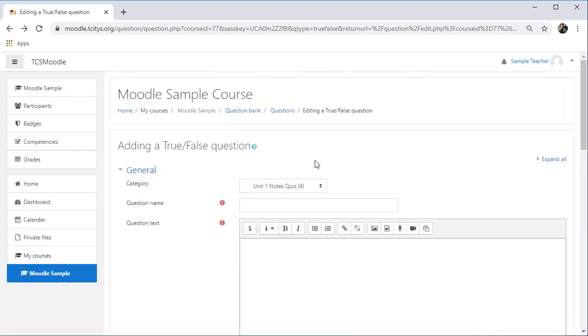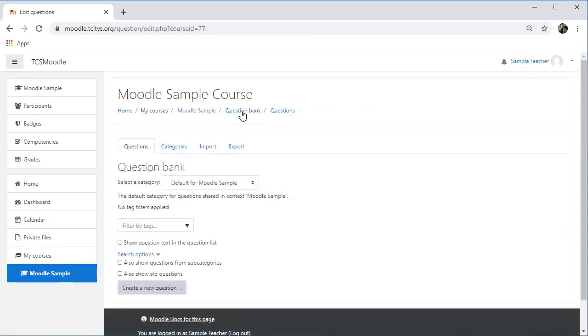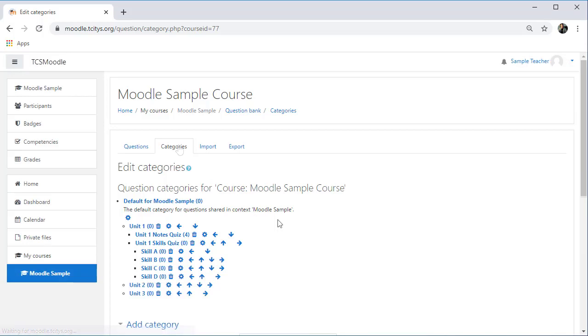Now at this point, I want to go back to the question bank because you have a little bit of homework before the next video. Now there is a longer way to get there. You could go back to the main course page and then open the question bank by clicking on several different things. But notice right here, we have question bank up at the top of the screen. And so I can just press it and then go back to the question bank. So let's switch over to the categories tab. Now, if you can see the 4 that's right here, that means I've written 4 questions into that Unit 1